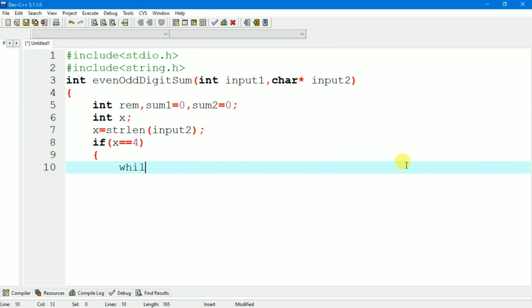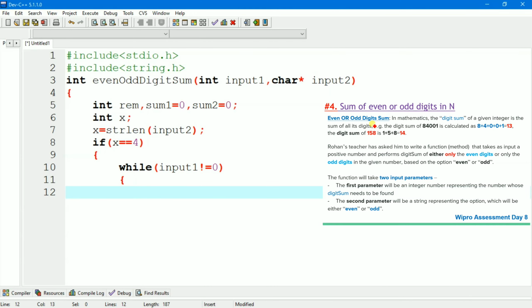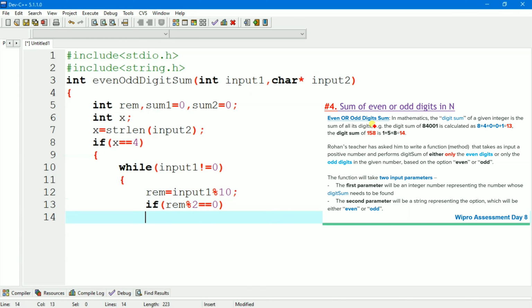If x equal to 4, now we will take a while loop. While input 1 is not equal to 0, we will continue the loop. Now we will perform the operation remainder equal to input 1 modulus 10. After that we will write the condition for even number, that is if remainder modulus 2 equal to 0, we will perform the operation sum 1 equal to sum 1 plus remainder.